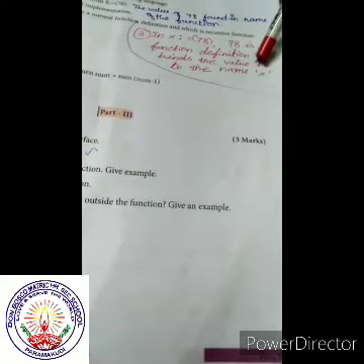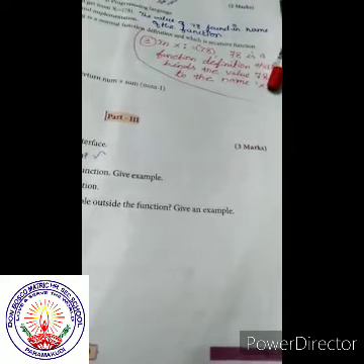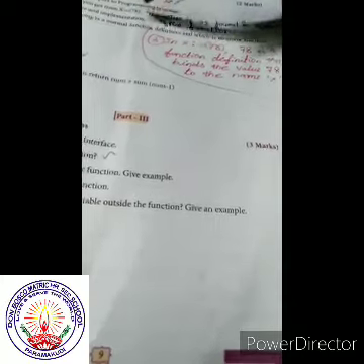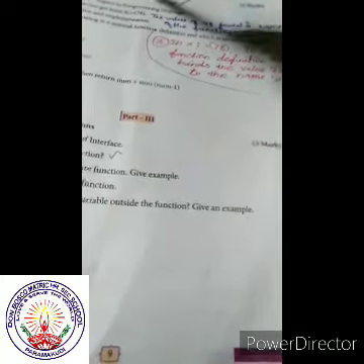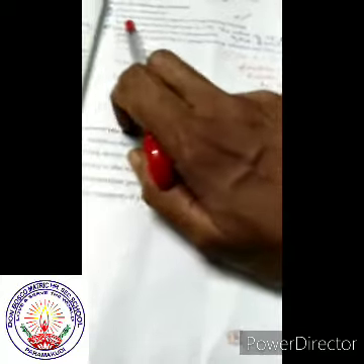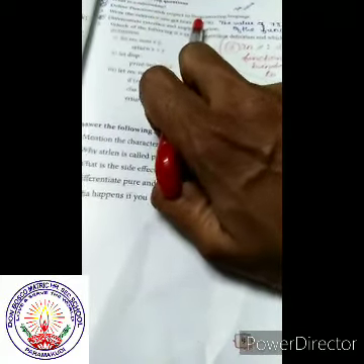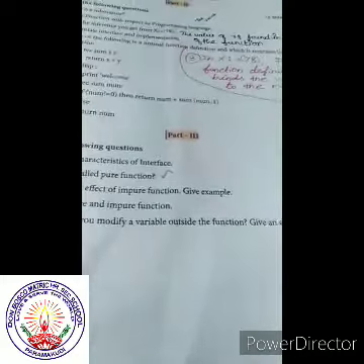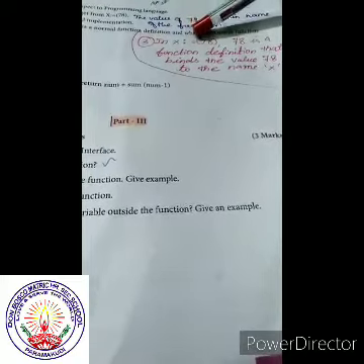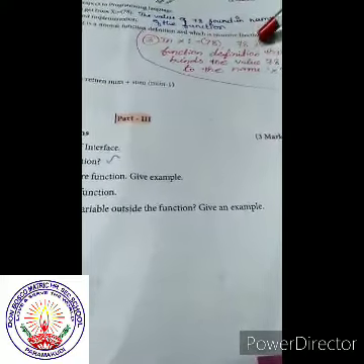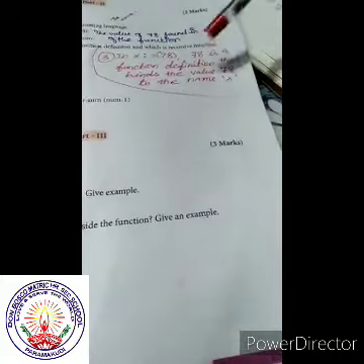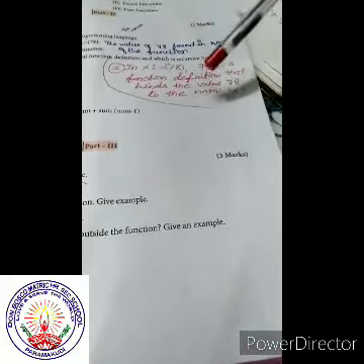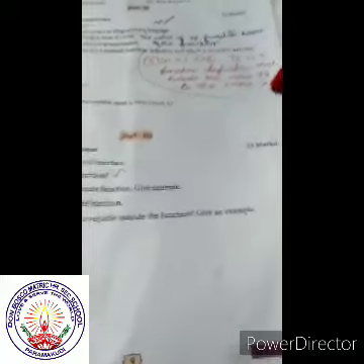Okay, the value 78 is found in the name x. That means the value 78 is stored into variable x. The question is: write the inference you get from x := 78. For this question you have to write the correct sentence. x := 78 is a definition that binds the value 78 to the name x. So this is the answer for question number 3.